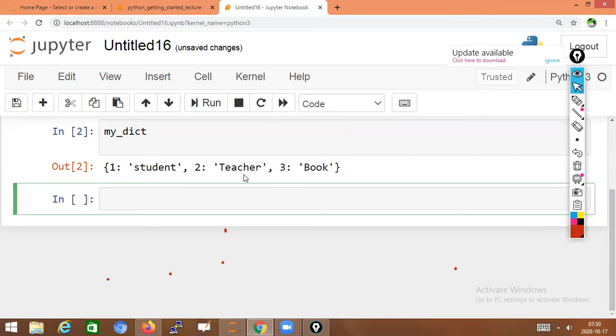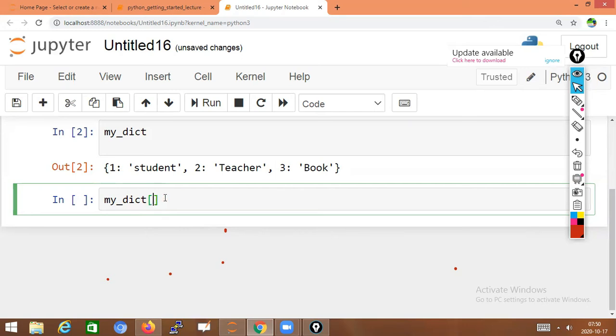Two is a key, its value is teacher. Now I want to get the value teacher as output. So I write the dictionary name mydic, and in that we can give the key. Whichever value you want, you have to give the corresponding key.